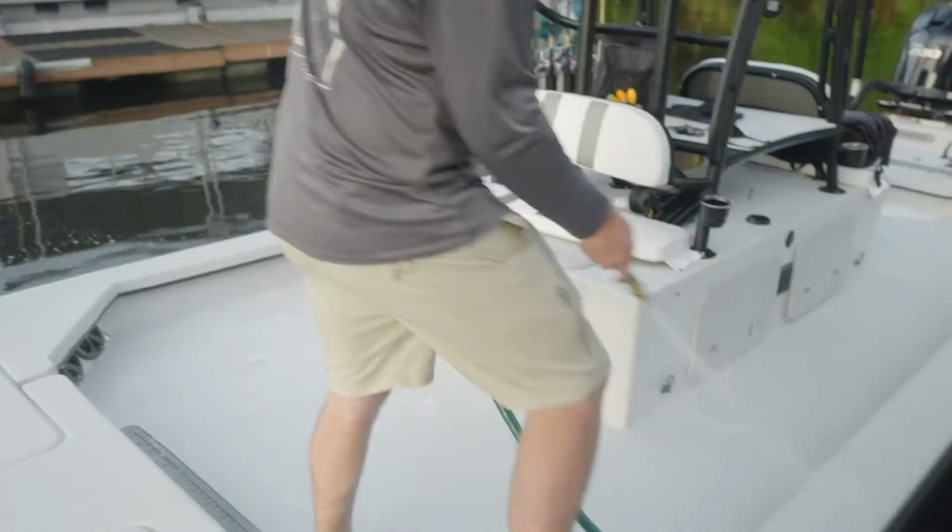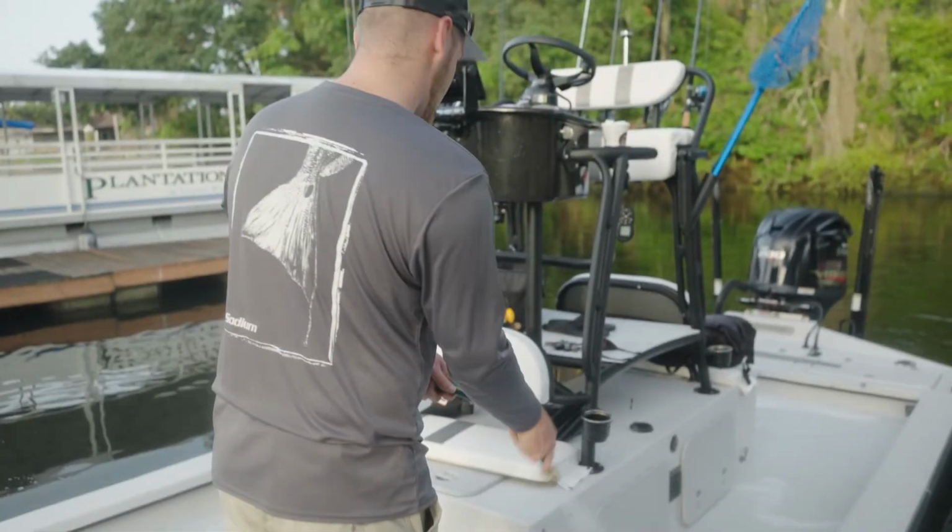All right, so this morning, camera guys showed up late. We were running a little bit behind. We were trying to get out there. We were supposed to leave, I think, at 6:30. We ended up leaving at about 7:15. And while we were at the dock there, we had a little hiccup with one of the dock hands